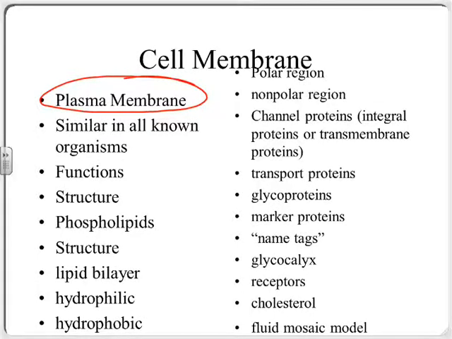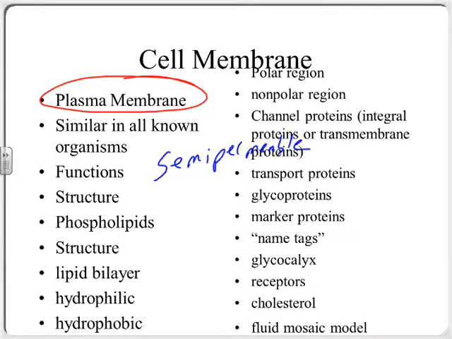We've already talked about its functions. Its functions are to bring in things you need, like oxygen and nutrients, and to send out things you need to move out, like wastes. Because it only lets certain things in and certain things out, what adjective is sometimes used to describe the cell membrane? Permeable. Yep. Sometimes it might be called semi-permeable, or I heard some of you saying another version of the same thing, selectively permeable. So those mean the same thing.